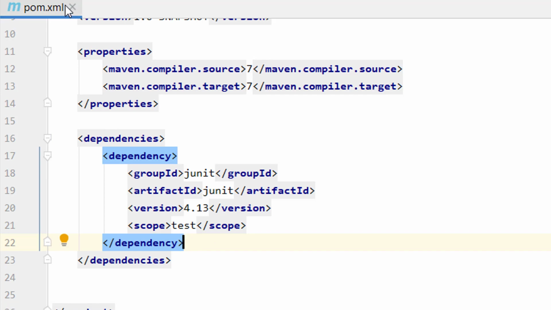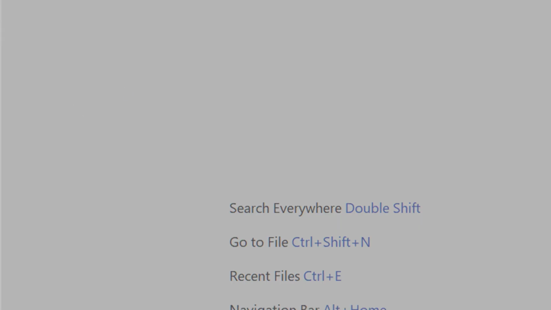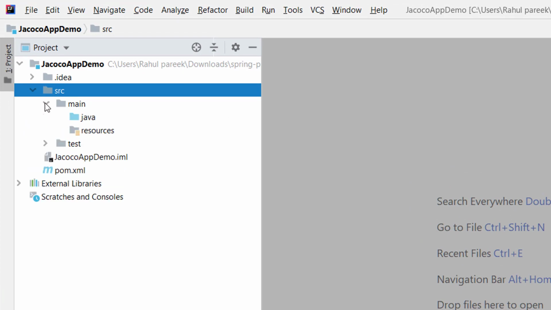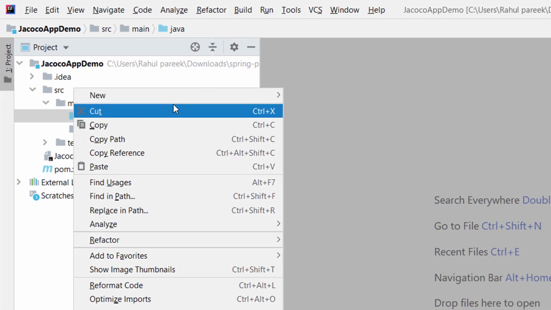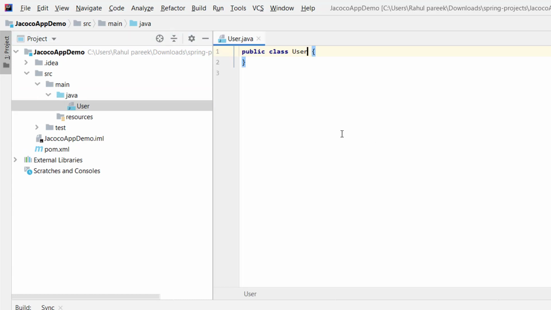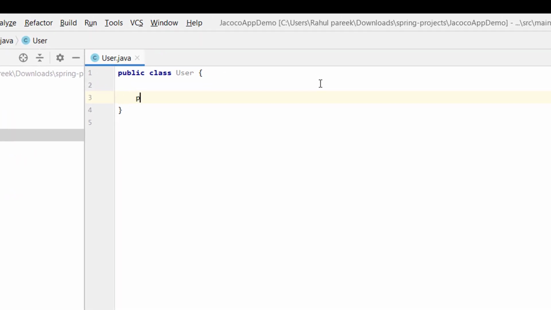Now let me close it and go to the source, then main. Now I'm creating a simple class so that we can implement some logic in here. So let me create a user class. Now I will create a function which is public void add user.